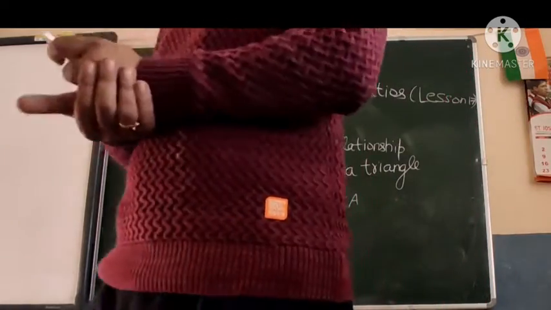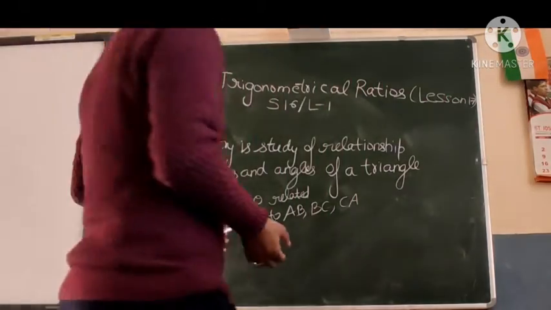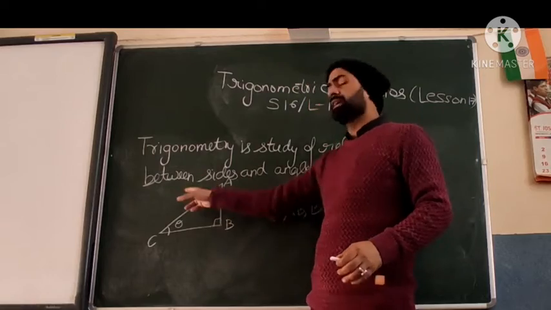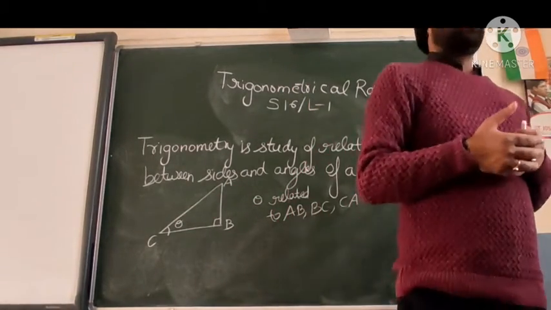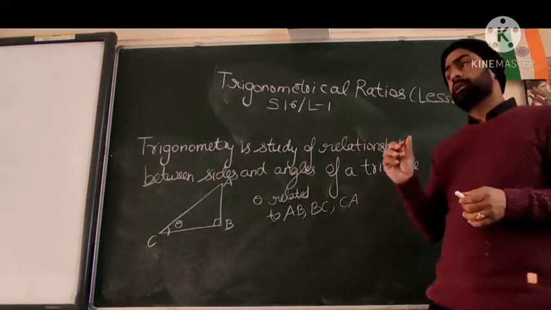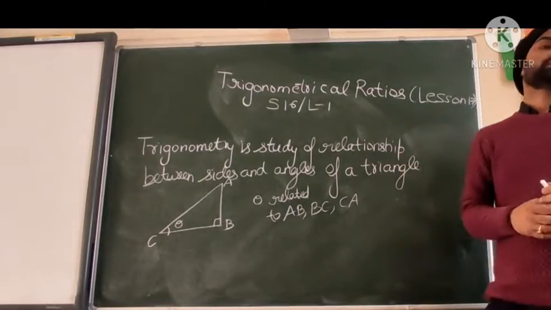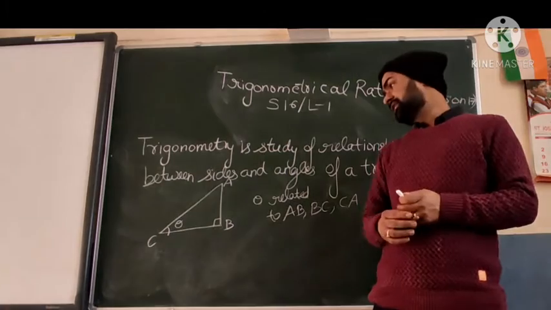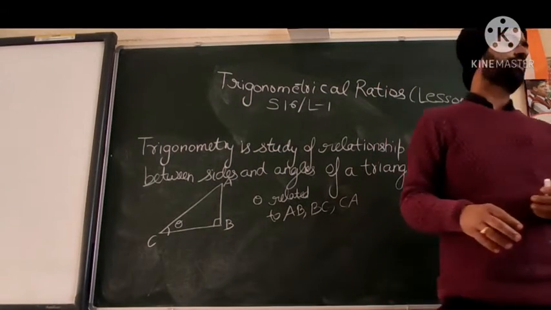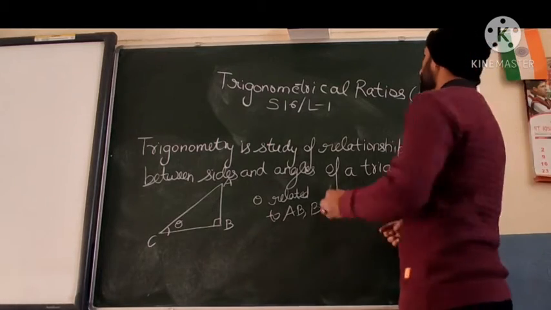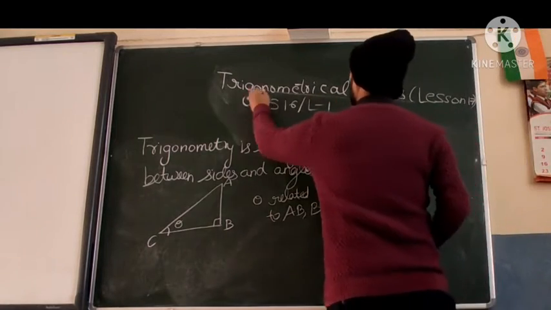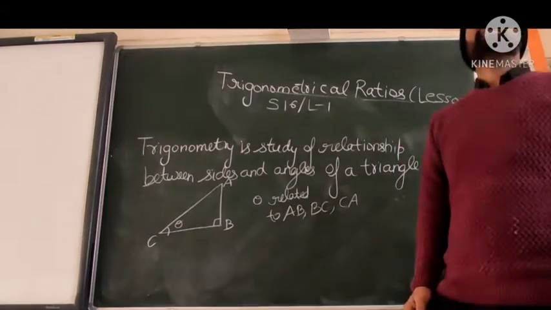So basically in trigonometry, what do we study? We study how these sides of a triangle and the angles are interrelated. So there will be certain terms that will be introduced here. Certain identities will be there and certain terms also are introduced. These are called ratios. Basically trigonometrical ratios. That itself is the chapter name also. So in this one we will be getting the knowledge about ratios.